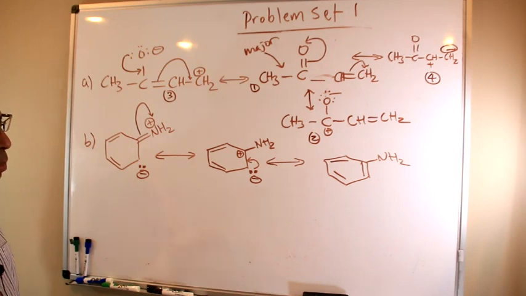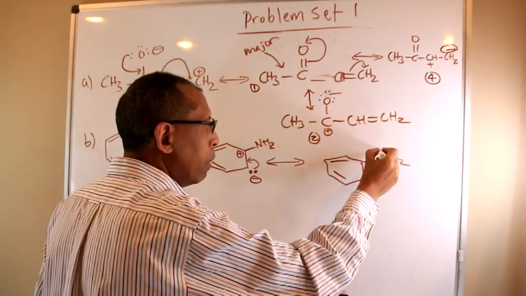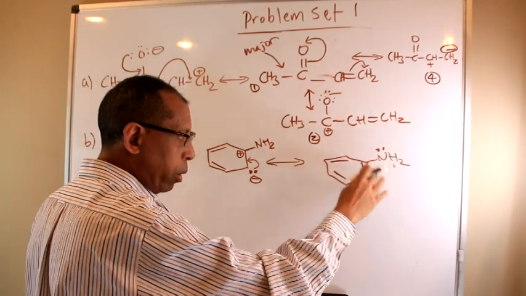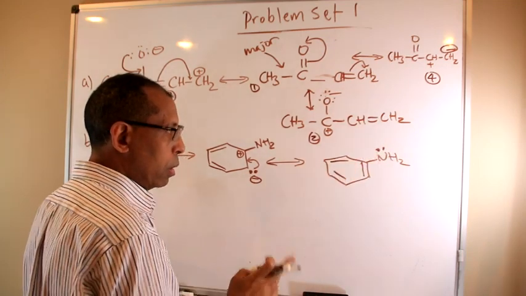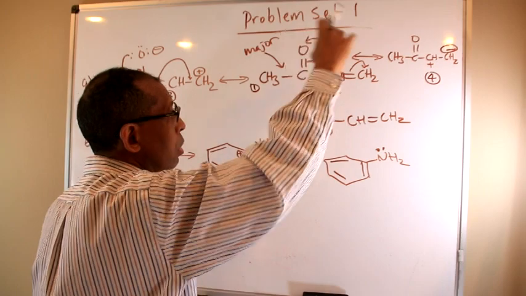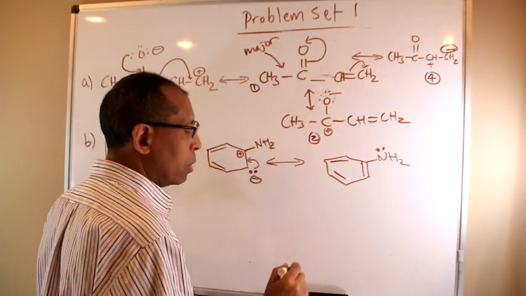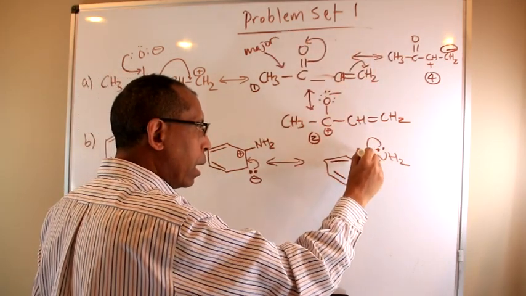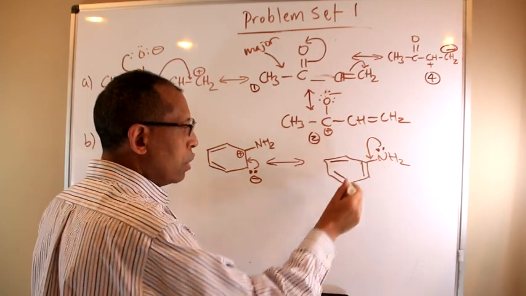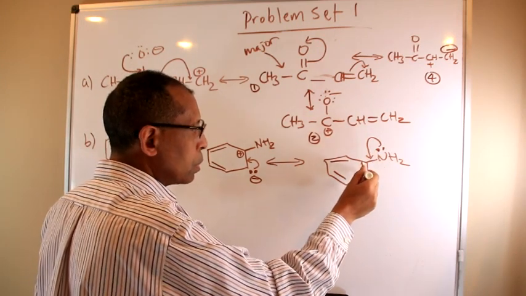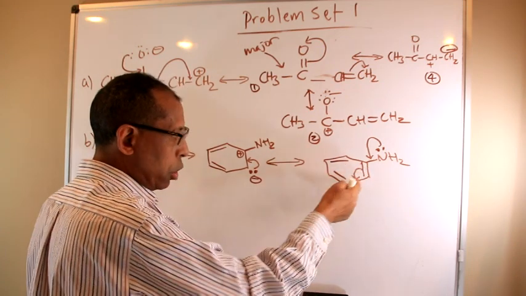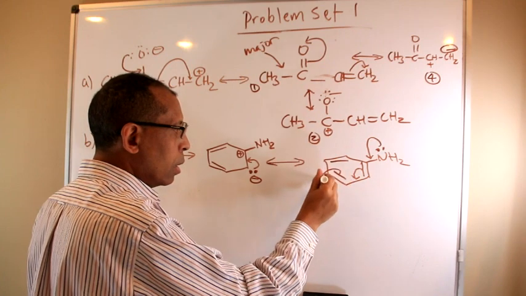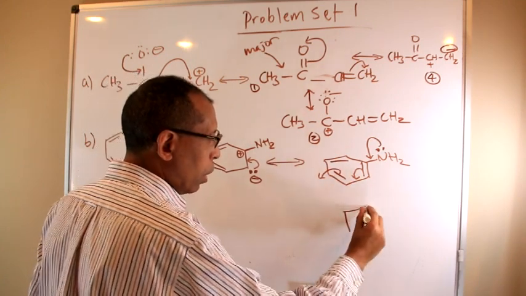Now, the other possible resonance structure would be, for example, if I have this pair of electrons, always remember the nitrogen should always have one lone pair on it in a neutral molecule. Oxygen should have two lone pair electrons. So if you were to move this back again, this comes out. Instead of coming out, you can bring it here, and this can come out. So what you have is,